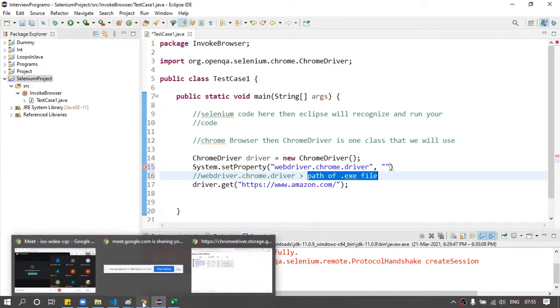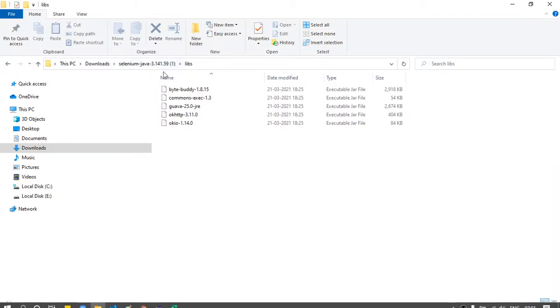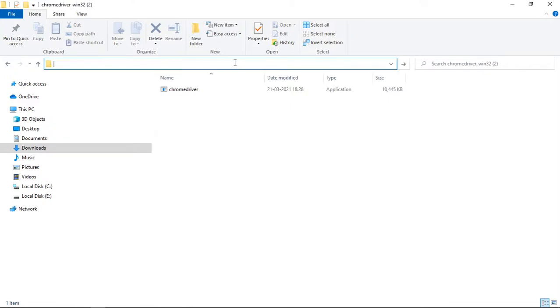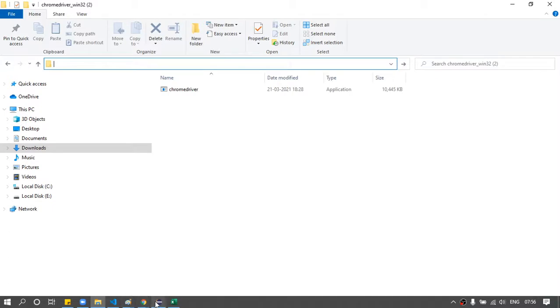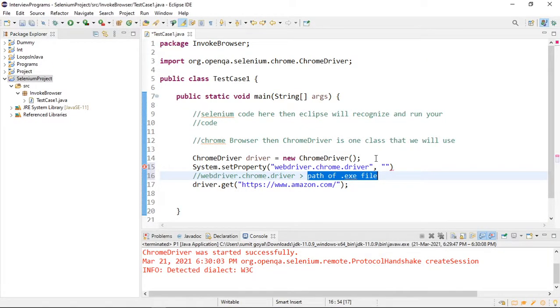The path is this one. So copy this complete path and place it here.